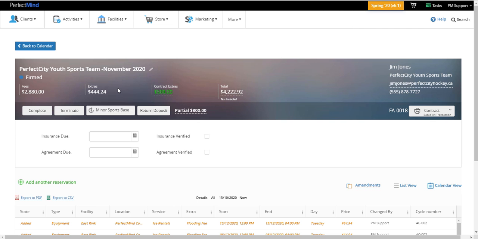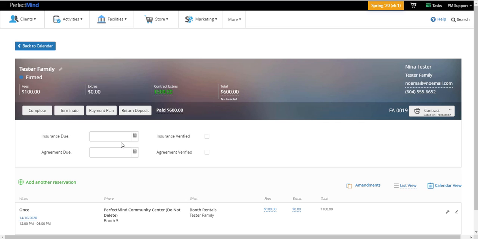Lastly, once the contract is completed, you would want to return the security deposit. Because we have a payment plan that is active and we have invoices in the future, we would have to manually forfeit our invoices before we can return the deposit. Now here's a booking that was just created where a deposit was taken for this client,